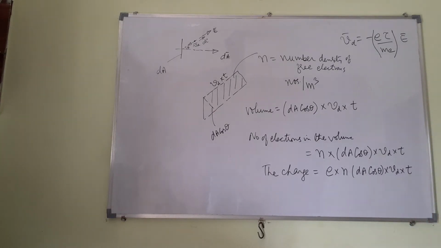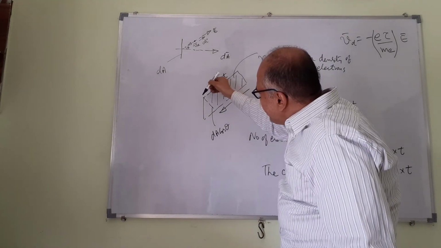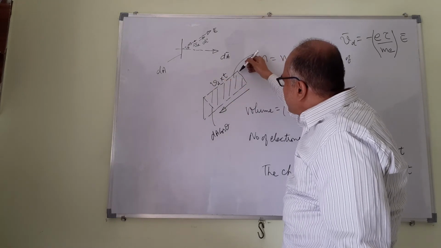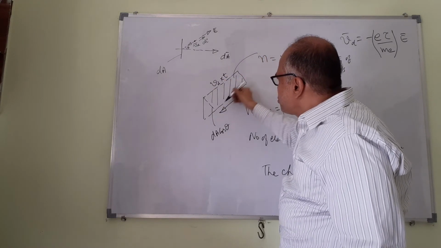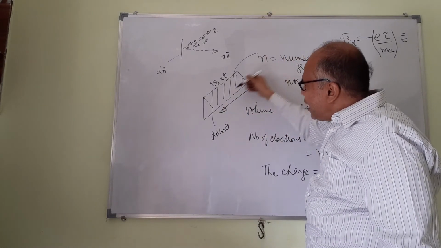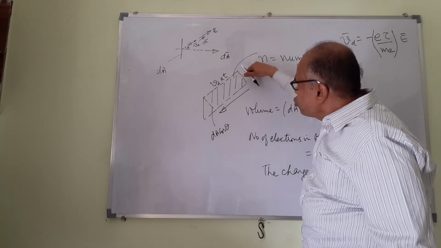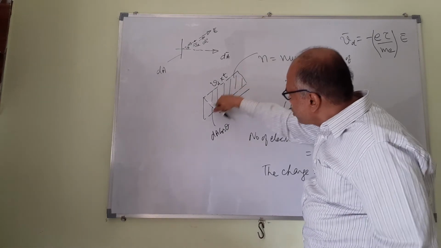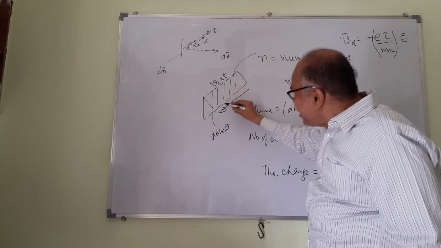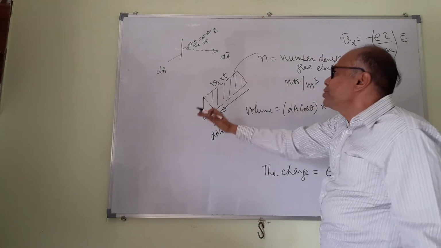That is the charge. Now you must note the electrons are drifting like this. So the leading electrons are all here. So let us say they have crossed this area and moved this distance Vd into t. Now the leaders have reached here. All these followers have also crossed this particular area. The leader crossed it, and whatever is behind them has also crossed it. So this entire charge within this volume, that much charge has flown through this area.